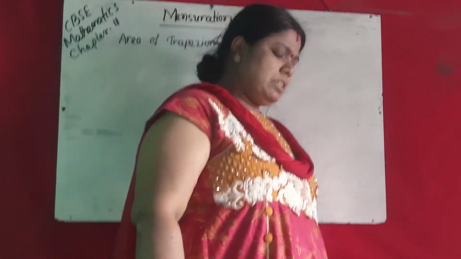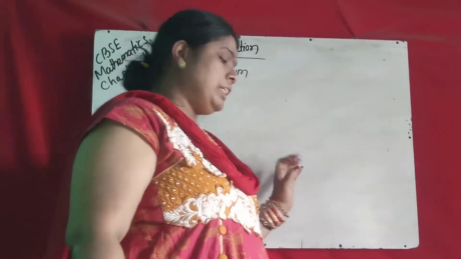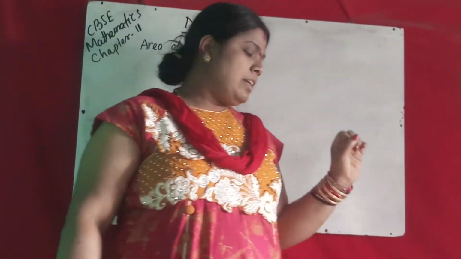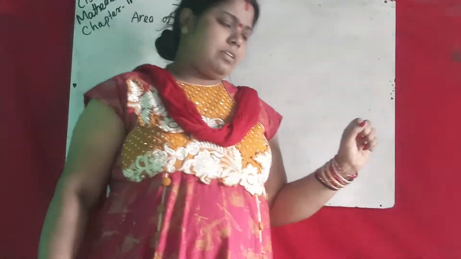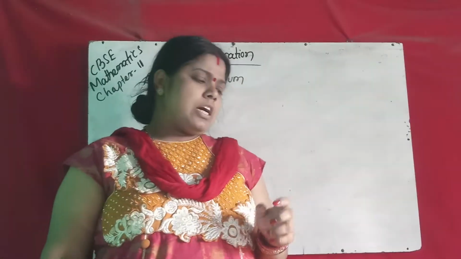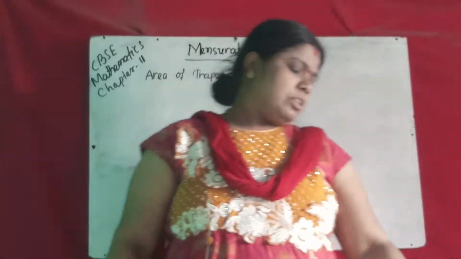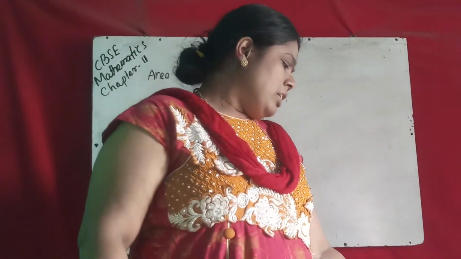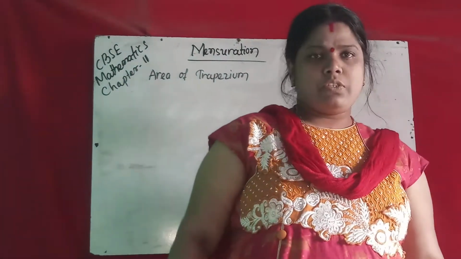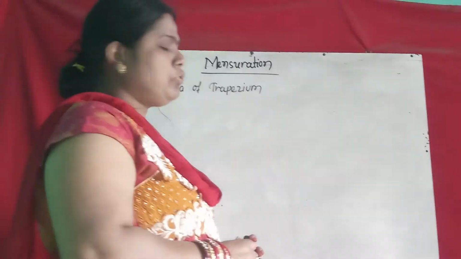So today we read mensuration chapter 11.2. Before that, in the previous class we discussed the different formulas of rectangle, square, triangle, parallelogram, and circle. By using the formula of a triangle or rectangle, how can you find the area of a trapezium or any quadrilateral, and also a rhombus? First, the area of a trapezium.